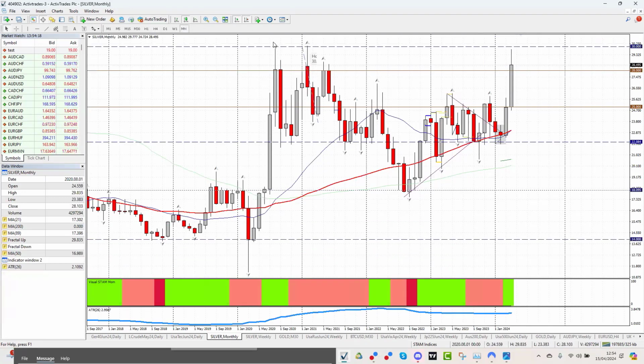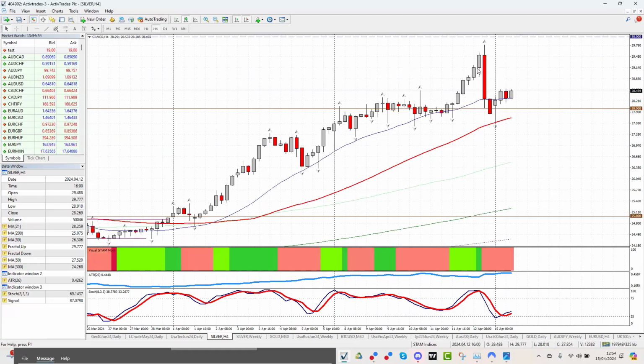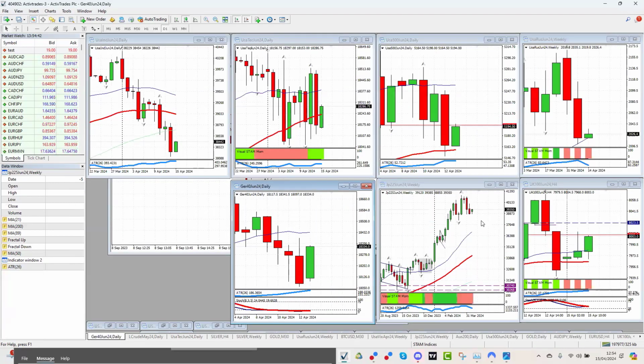For silver, I've just gone to the monthly chart here. I traded this one a few years back, when we had the meme stock rally and everybody thought silver was going to the moon. I decided the opposite, and we false broke out of 30 and came down, and we got back up there, up towards there on Friday, and then as you can see, same as gold, it got completely sold off, and now everyone will be trying to work out what it's going to do next.